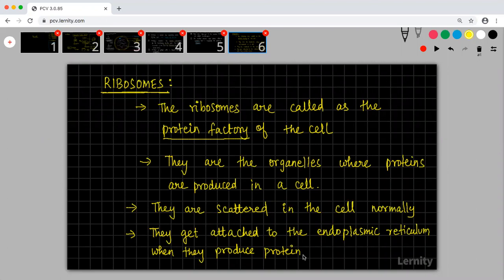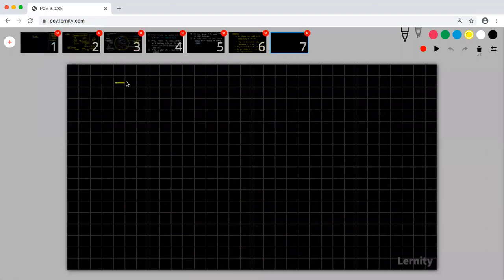Viruses have RNA, they can have DNA also, Kavya. Okay, so let me just explain it to you. But before explaining, I'll also write one more point about ribosome. They are made up of two subunits.